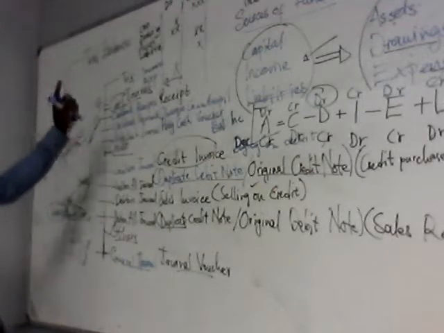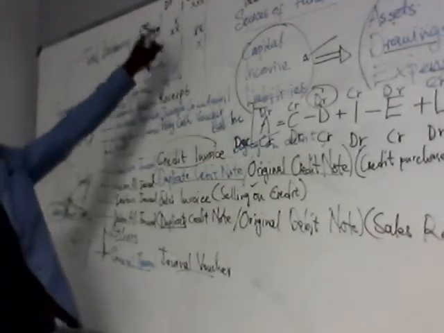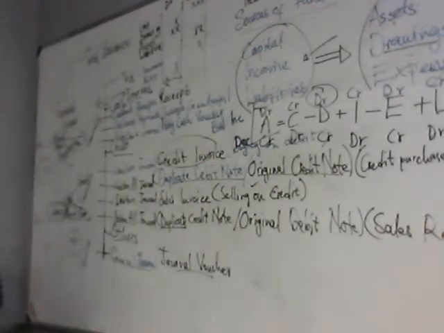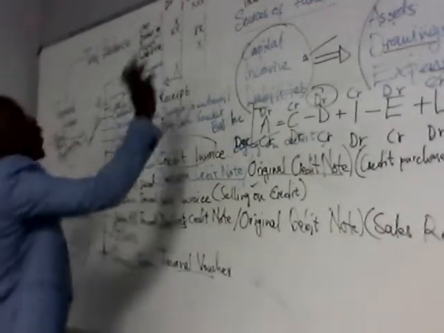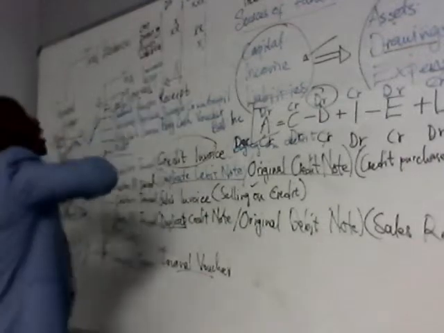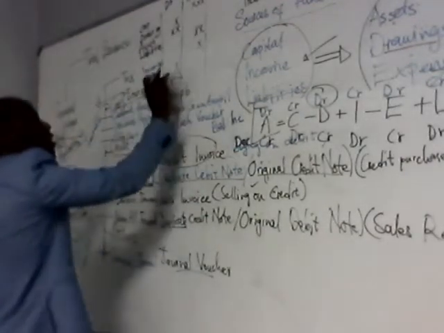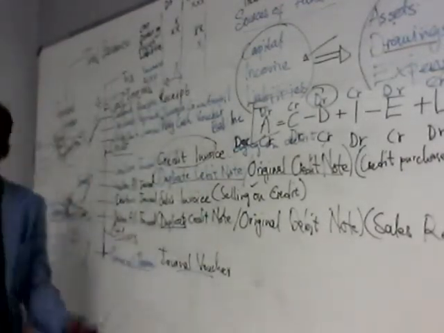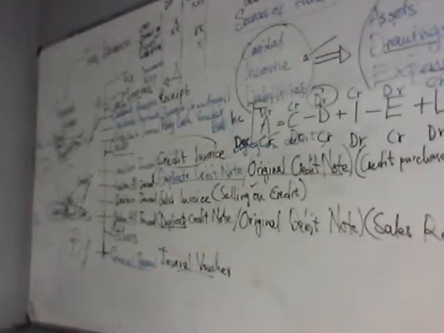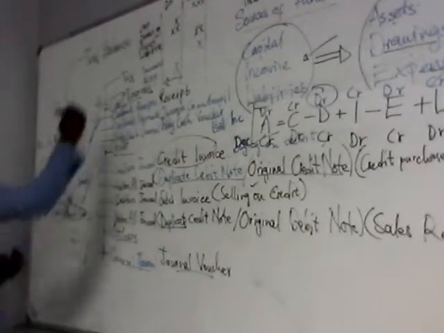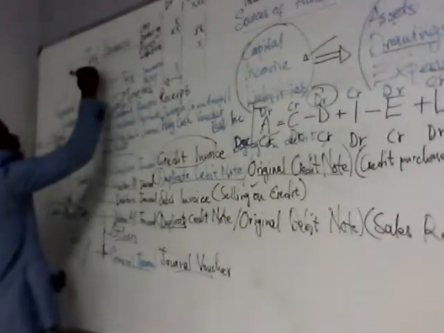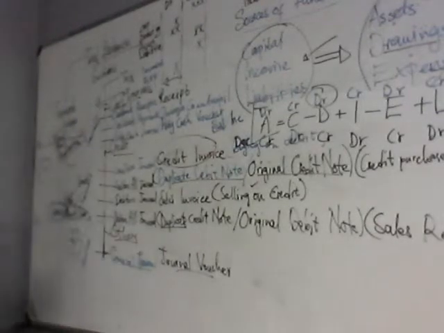Then, this is our trial balance. We've got a debit side and a credit side. And then, we know that all our incomes are on the credit side, all our assets are on the debit side, capital is on the credit side, expenses are on the debit side. We know that. And then it goes a little bit further and says that a trial balance must have sections.